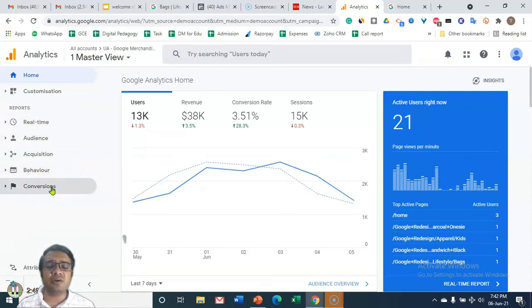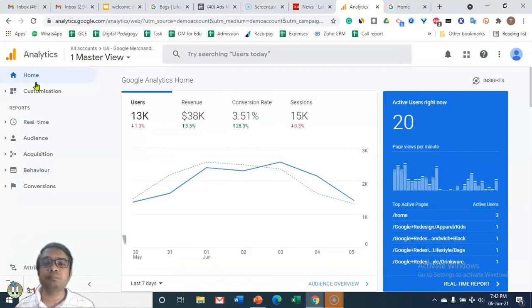I will just give you a brief summary of all of these things, and we'll understand all the aspects in detail in the live session. But what I want, before you come to the live session, is for you to be comfortable with Google Analytics: what is Google Analytics, and why, as a digital marketing professional, we should learn and understand it.